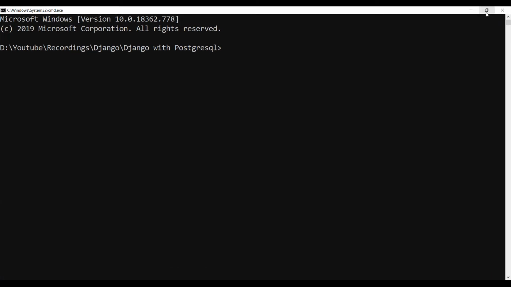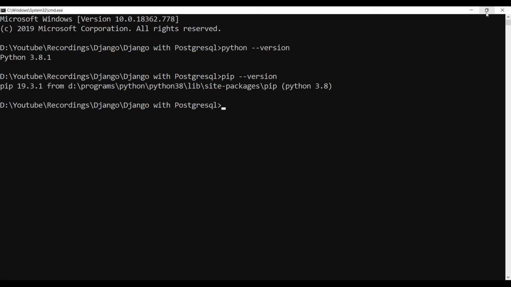So before we proceed, we need to have Python and pip installed. Python version: I have Python 3.8.1 and I also need pip. Okay, so I have both Python and pip.